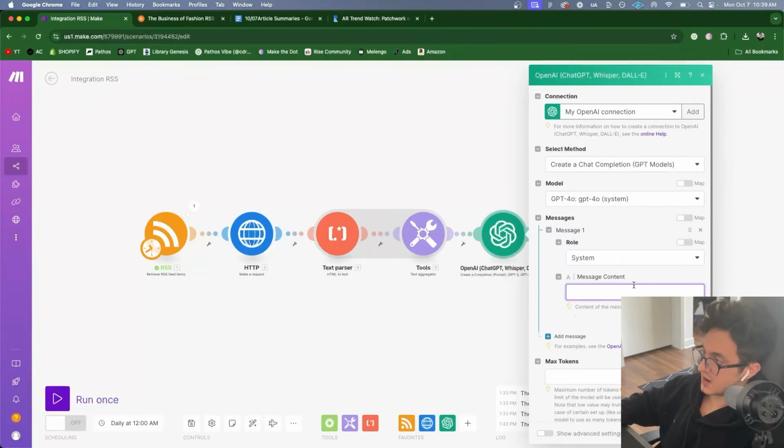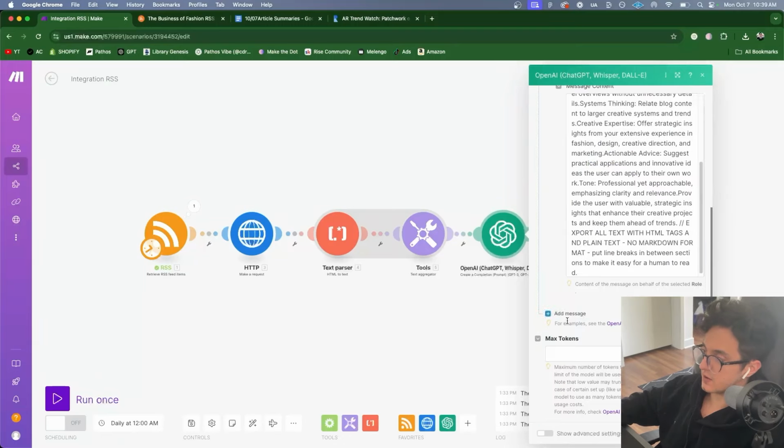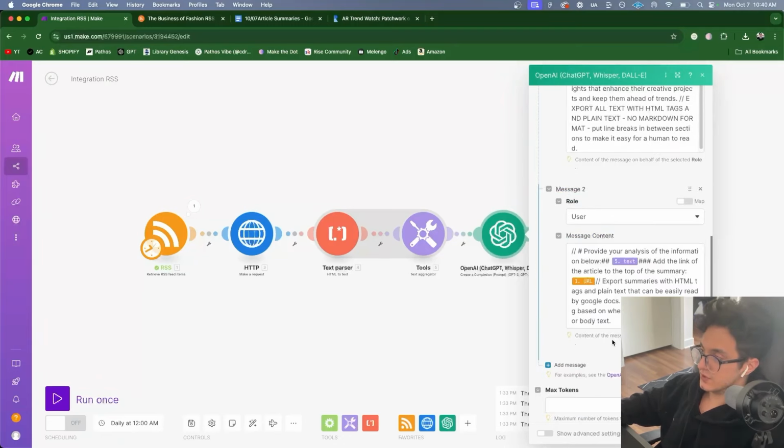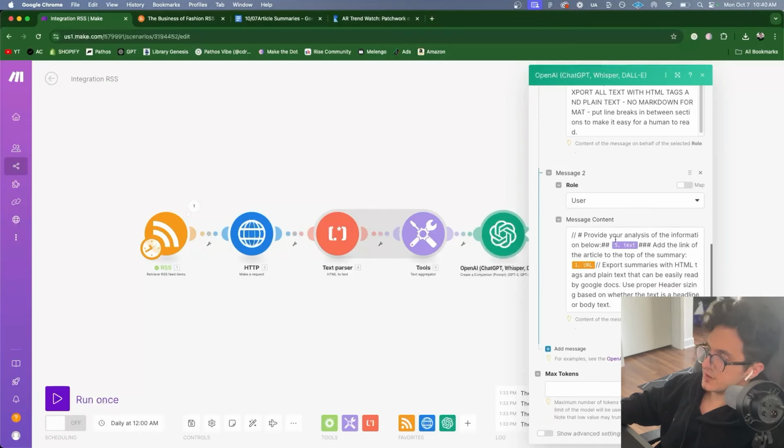So all I do is copy and paste that into this field. All right, next we need to add the user prompt. The user prompt reads as follows. Provide your analysis of the information below. I mapped the text